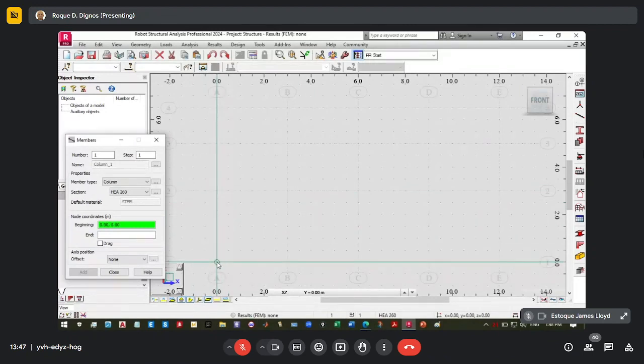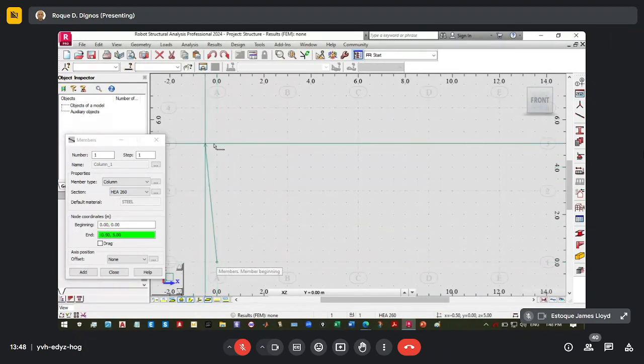So we start with 0,0, and take note you have to check before you click. Be a little bit cautious that the joint or the point that you are clicking really coincides here. So for this column, we start with 0,0 and then end with z equals 5.